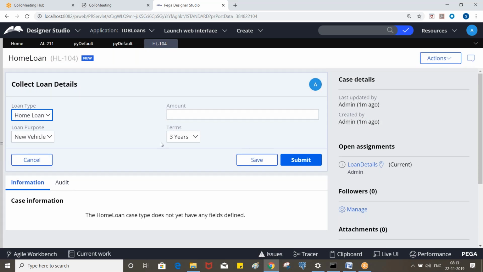Now again, the user is able to change the value, right? It should not be the case. So we need to make it read only always. Okay. So now, what is the section behind this? What section is it? What is the section name? This section name, loan details, right?